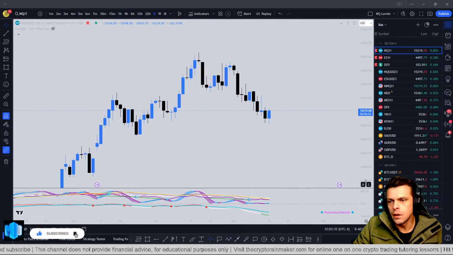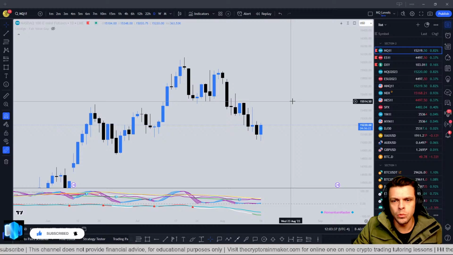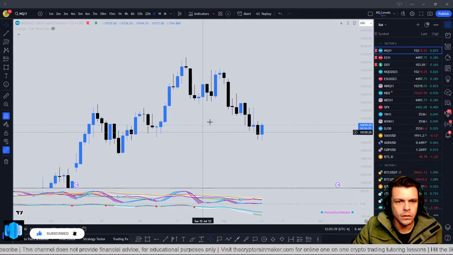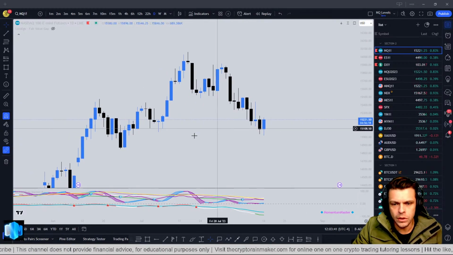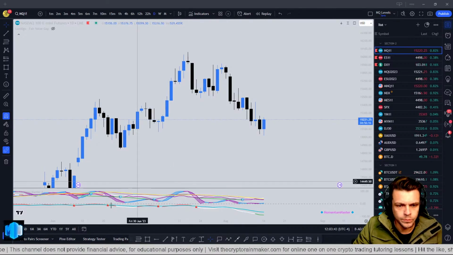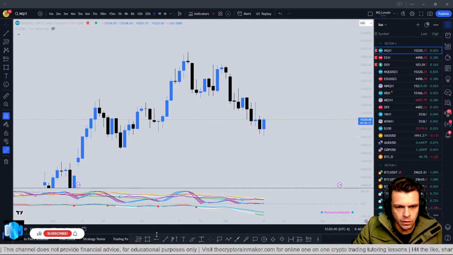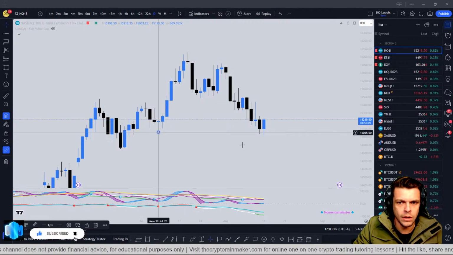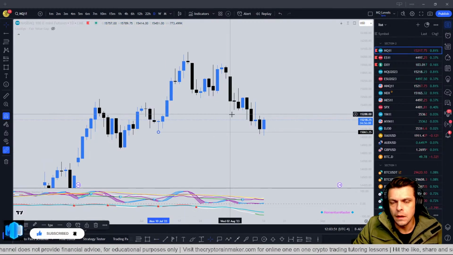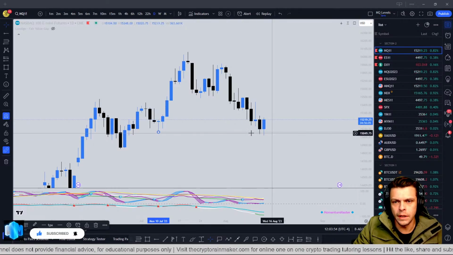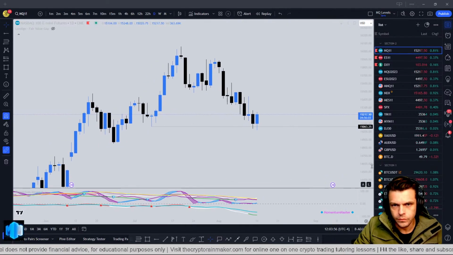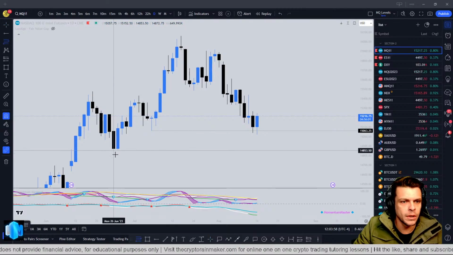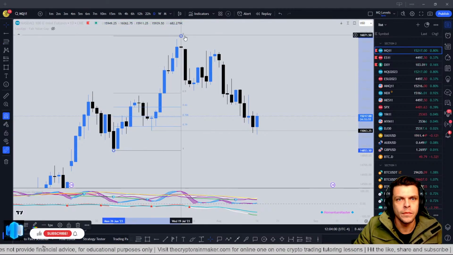Okay, so on NQ, we're going to start with the daily chart. And the thing that has my interest is this low right here. So let's put a line on that low. So this is where we can expect the sell side liquidity to reside. And as you can see, we started digging into this area. And then also if we pull our Fibonacci from this low to the high,